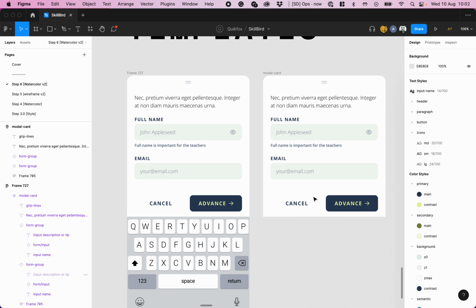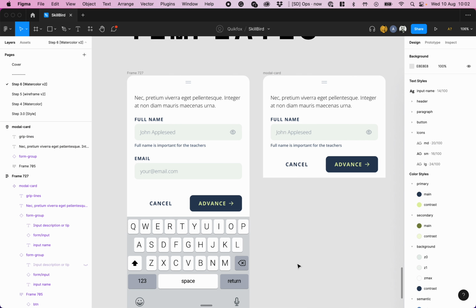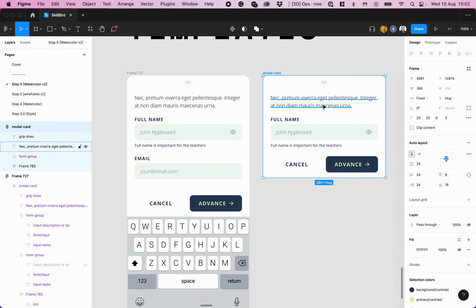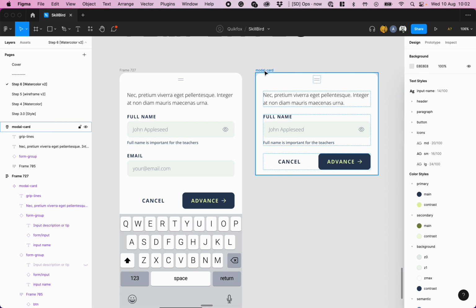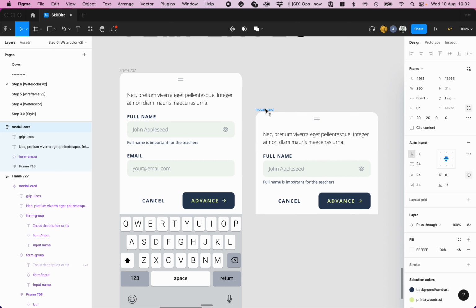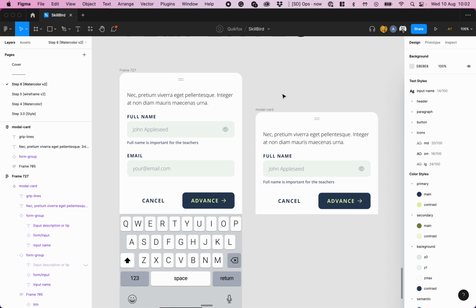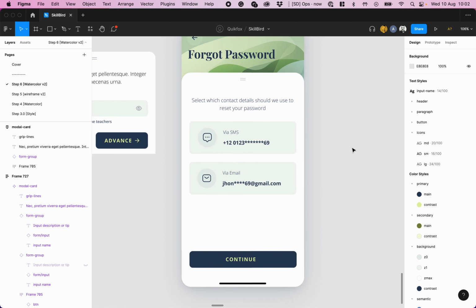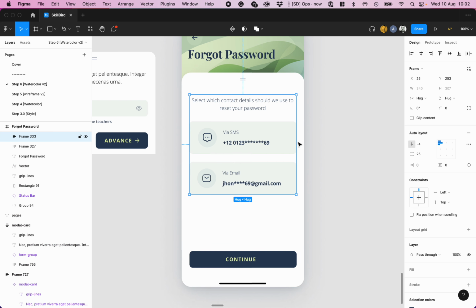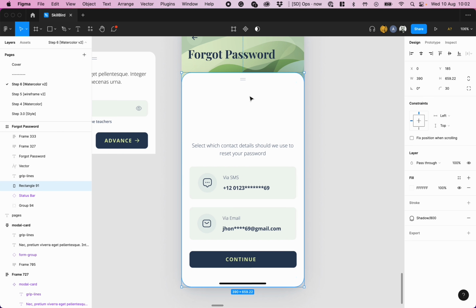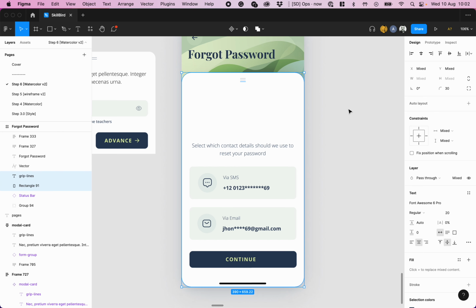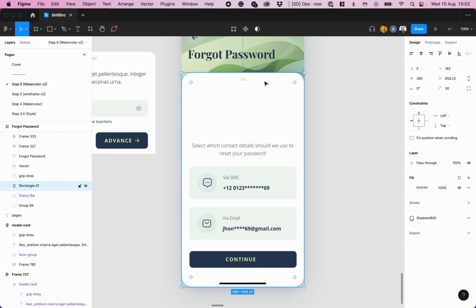So let's detach this and let's say I only need one field. This is how a card is going to behave. It has only one field, right? The card does not have a fixed height because mobile phones change in height. So all we're going to have is this, right? If we go to the screen, this screen is wrong, right? Because this is what's going to happen to the screen if we take it into consideration